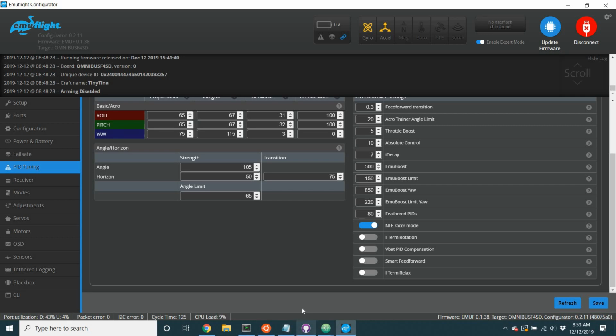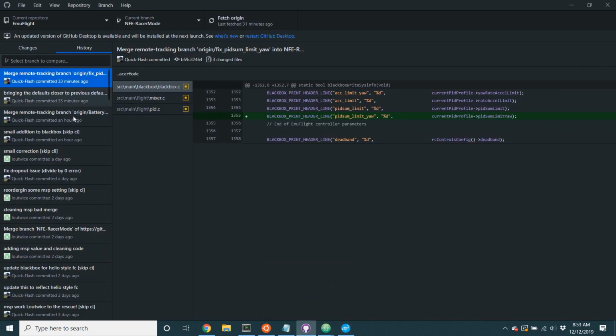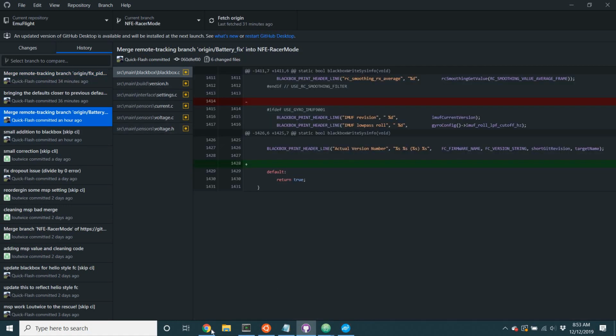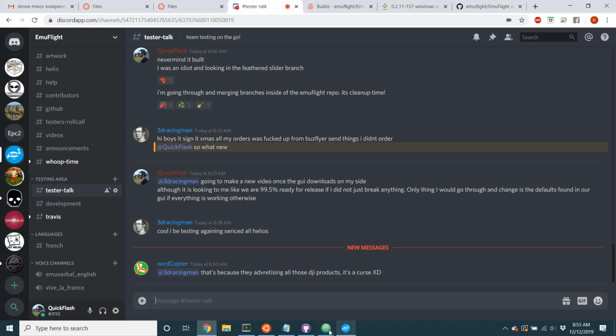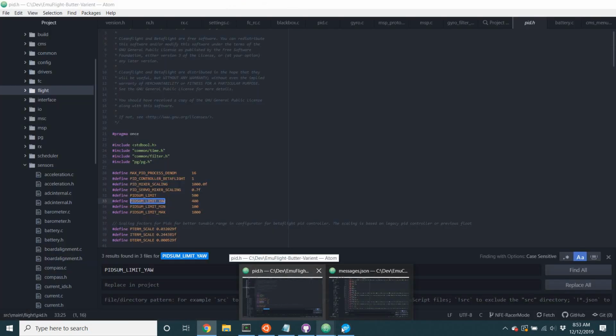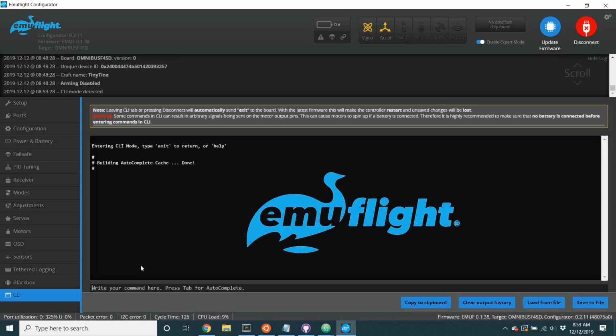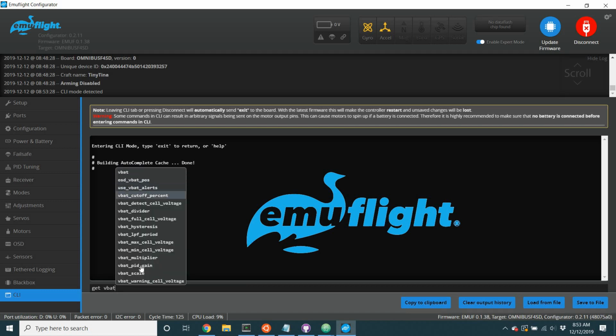Let me just refresh myself on the other things we added. Oh yeah, here we go. So this was something that was kind of already in the code before, but maybe the Butterflight devs didn't want it because it was like halfway coded in the code. Not really sure what that was all about, but if you type in here get vbat low pass filter period,